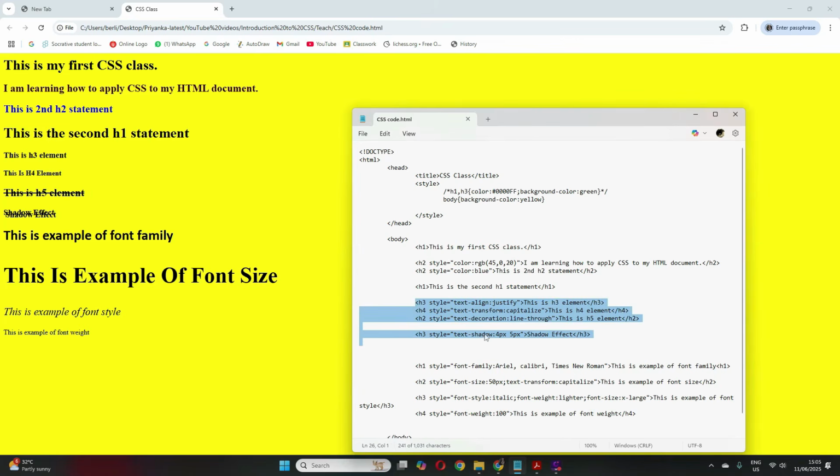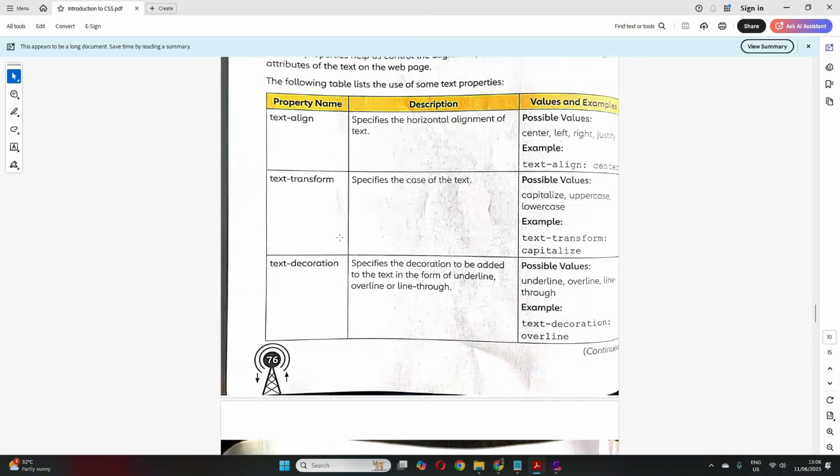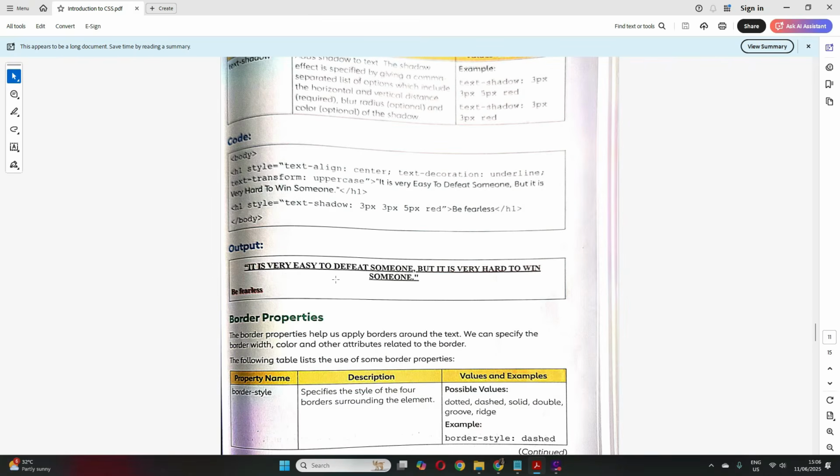We have seen 4 text properties: text align, text transform for uppercase and lowercase, text decoration for overline, underline, and line through, and text shadow to add a shadow to your text. This entire text properties topic is clear now, right? Okay, thank you.